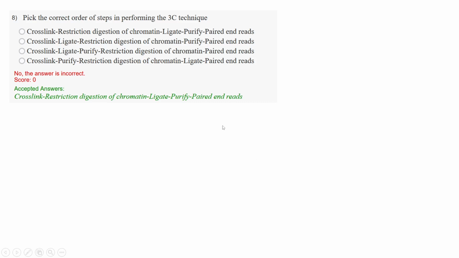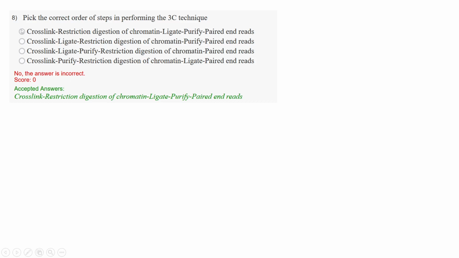So the 3C technique is used because of the histones. These histones interact with each other, and the two histones come closer to each other, and that is how the two DNA regions interact with each other. The 3C technique is generally used to identify that region, where the DNA regions are far apart but interacting with each other. You can go through the 3C technique from the previous lecture we have already discussed.